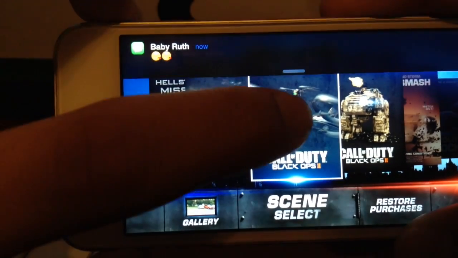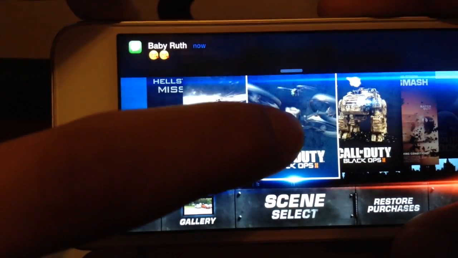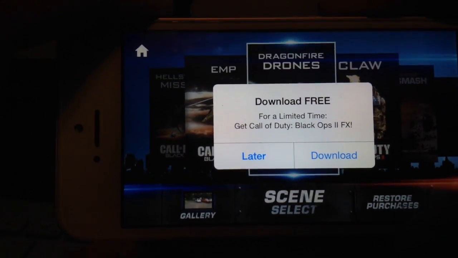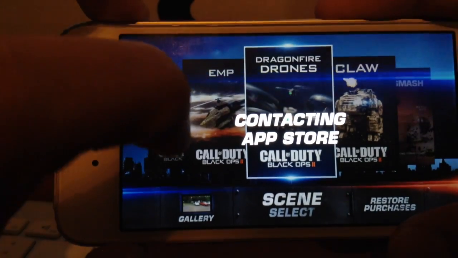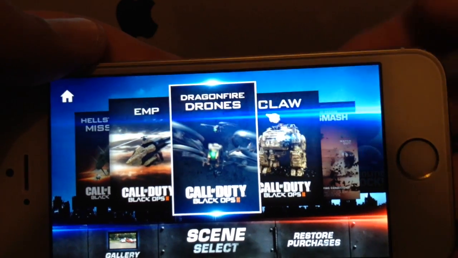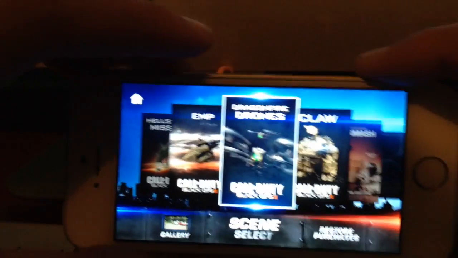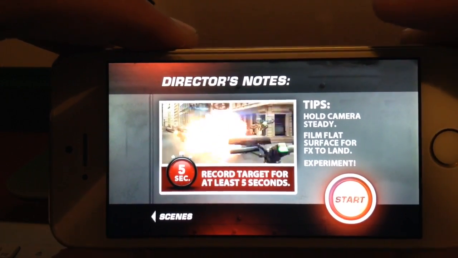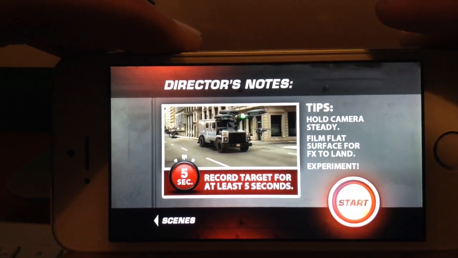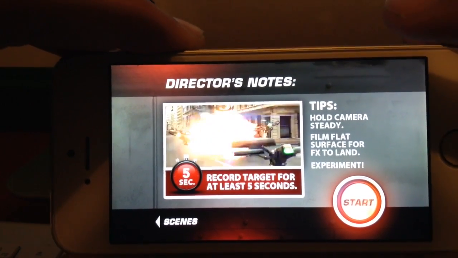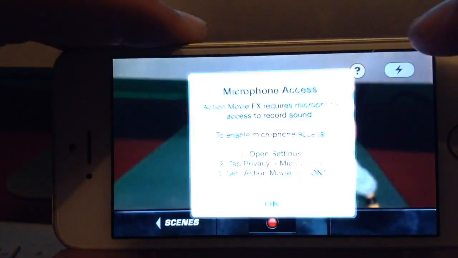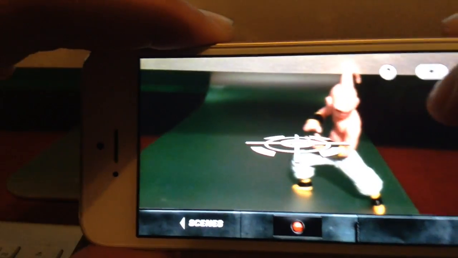So let's take a look at some of these. Oh, that's my honey bunny. Okay. For a limited time, get Call of Duty Black Ops effects. Download. Once it finishes downloading, click it, and it gives you a small preview. Of course, this will work better in a real-world environment, but for the sake of time, we're going to use Majin Buu, or Kid Buu, this little vicious bastard,